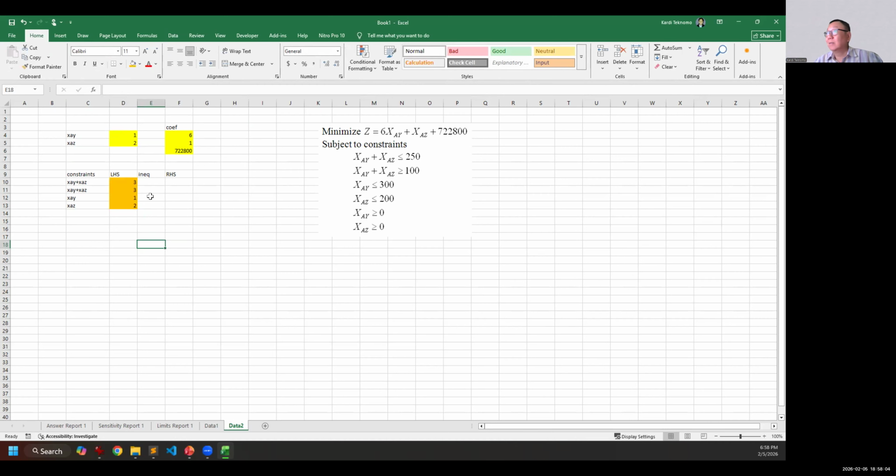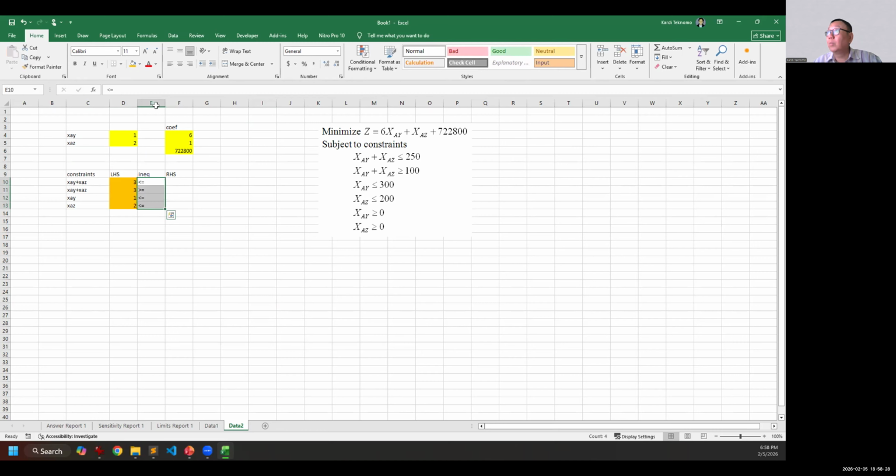So the difference is in the inequality. This one is less than, this one is larger than. Be careful, this is different. This is also less than. This one also less than.